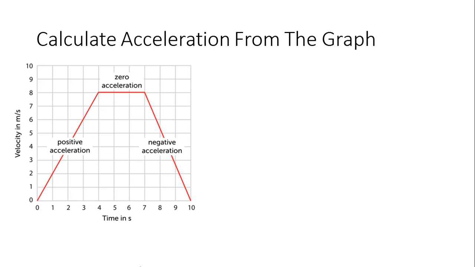How to solve it here: vertical is speed and horizontal is time, so same as the last slide, vertical over horizontal. So here's the question: calculate acceleration and deceleration from the graph. We have two triangles, the left and the right triangle. You can see it here. The left one